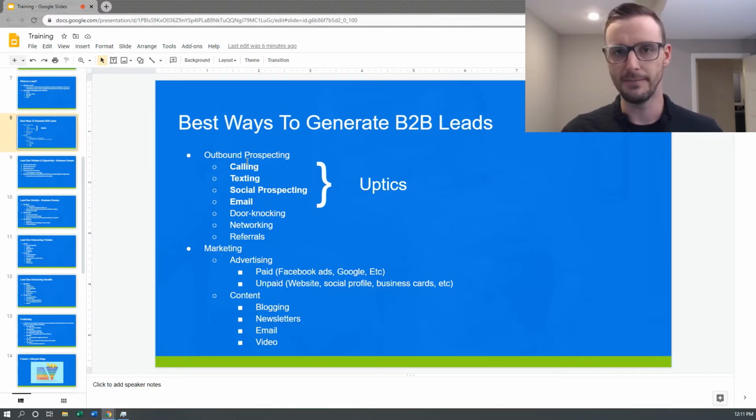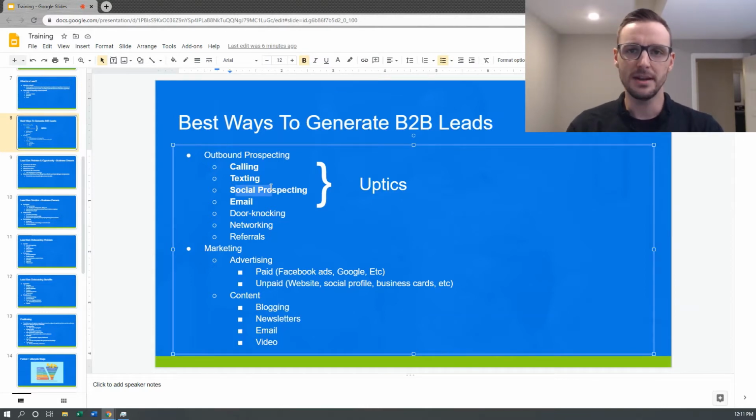You could do it through making cold calls, picking up the phone, actually calling your prospect. You could do it through text messaging. If you have a list of leads or people that have submitted information on your website or wherever you got the lead list, you can do it through text message. You can do social prospecting. This is a good one, especially with B2B businesses with LinkedIn. So social prospecting is just going out and finding people that you think are interested in your product or service and just trying to book a meeting with them. So you can do that through LinkedIn, through Facebook, through Instagram, really all the different social channels, but there are